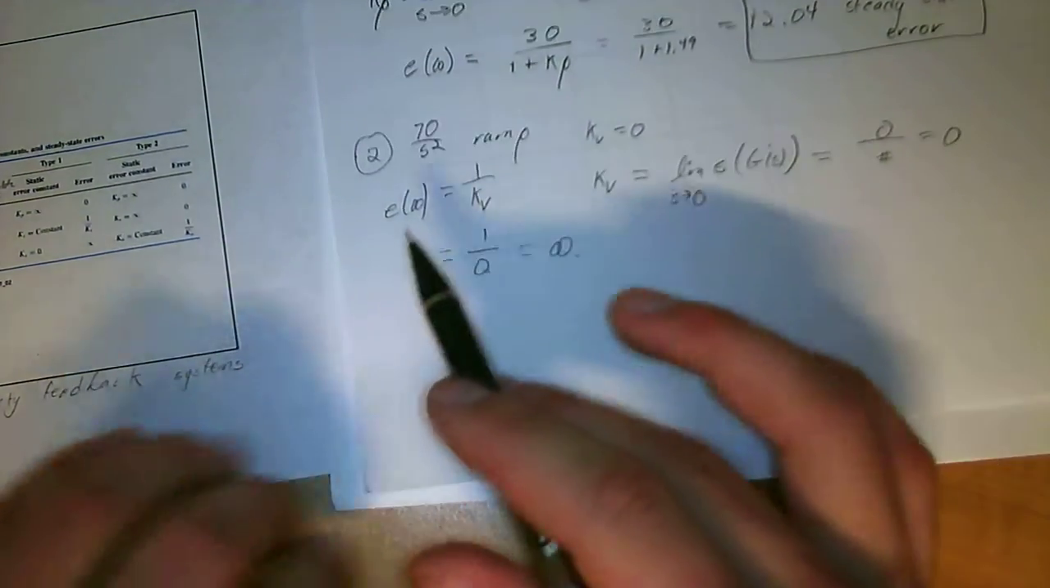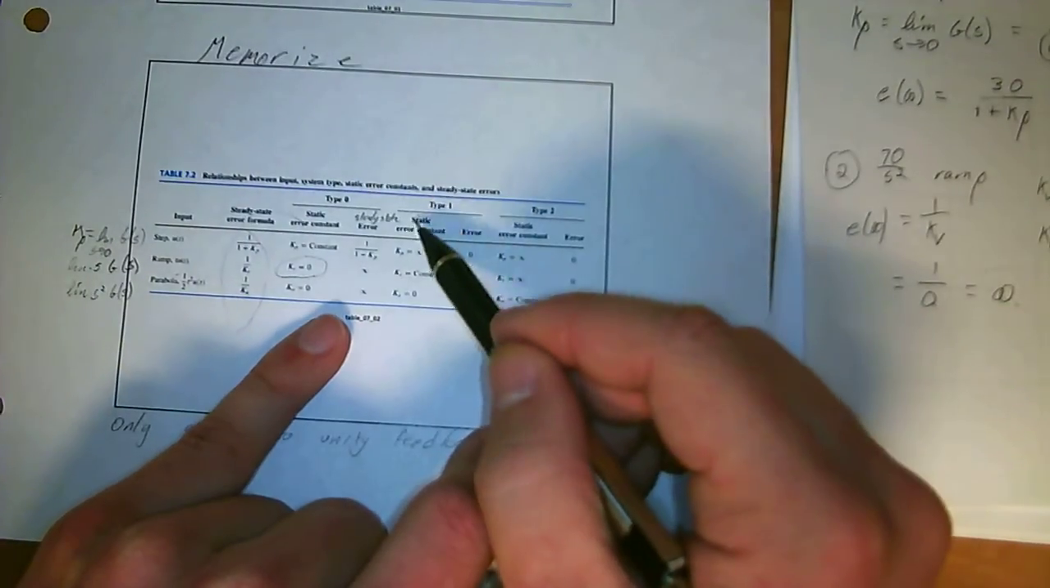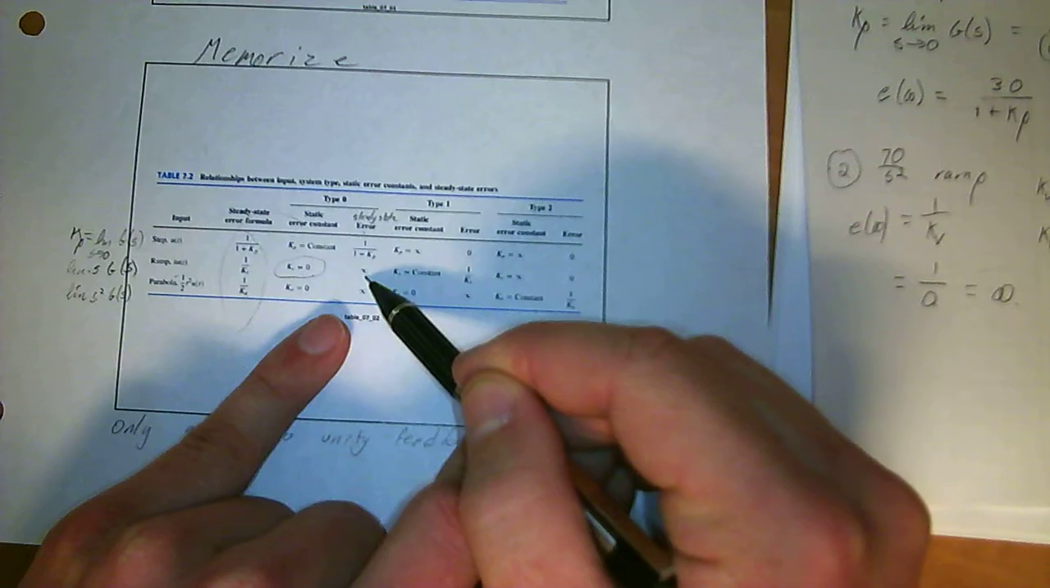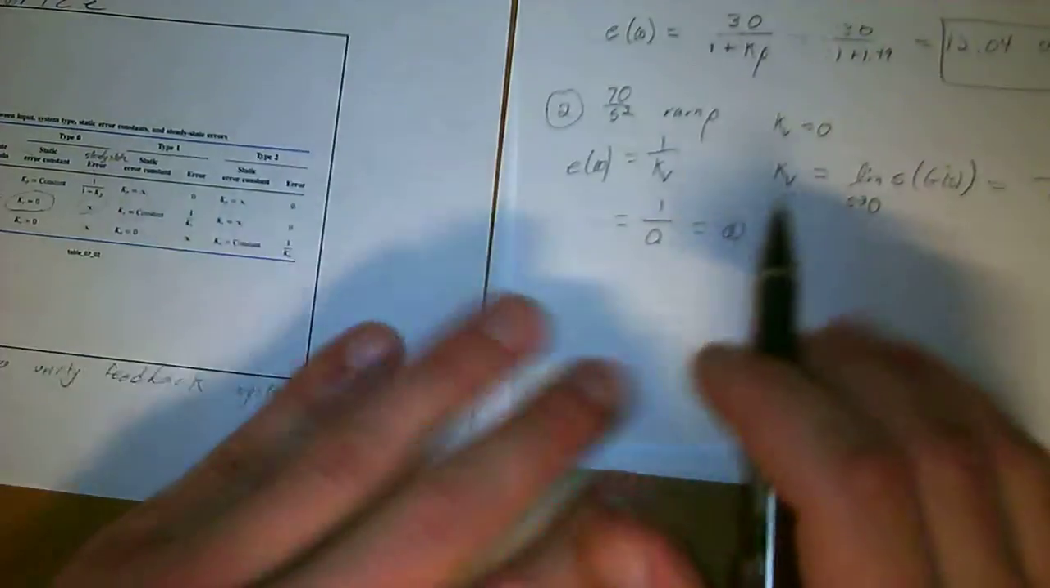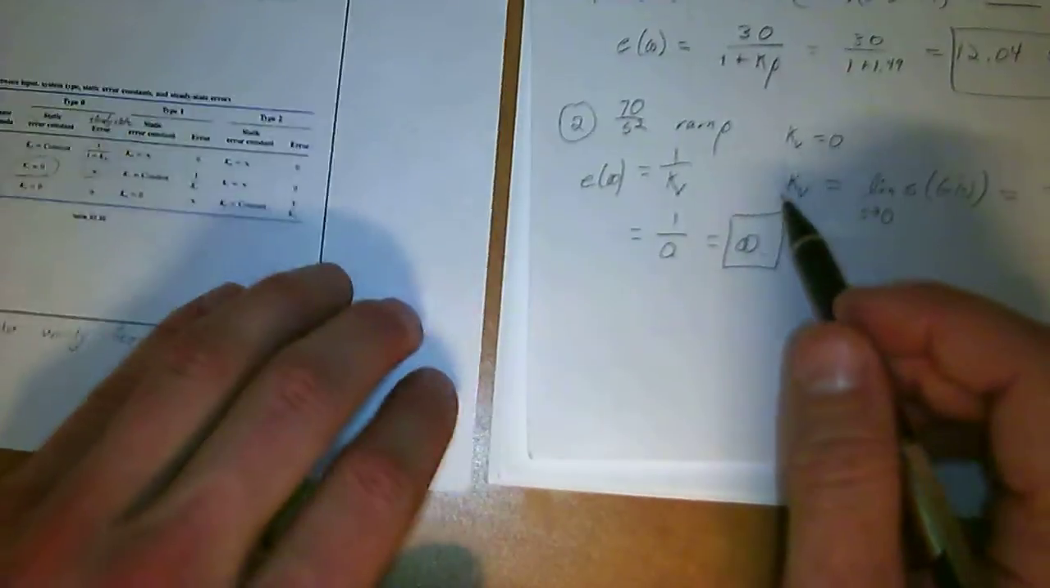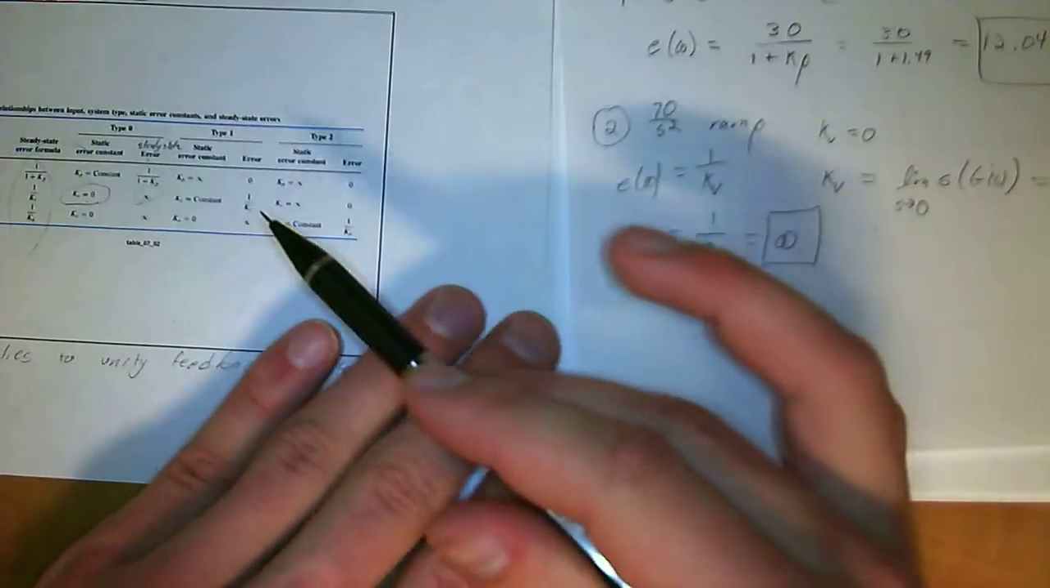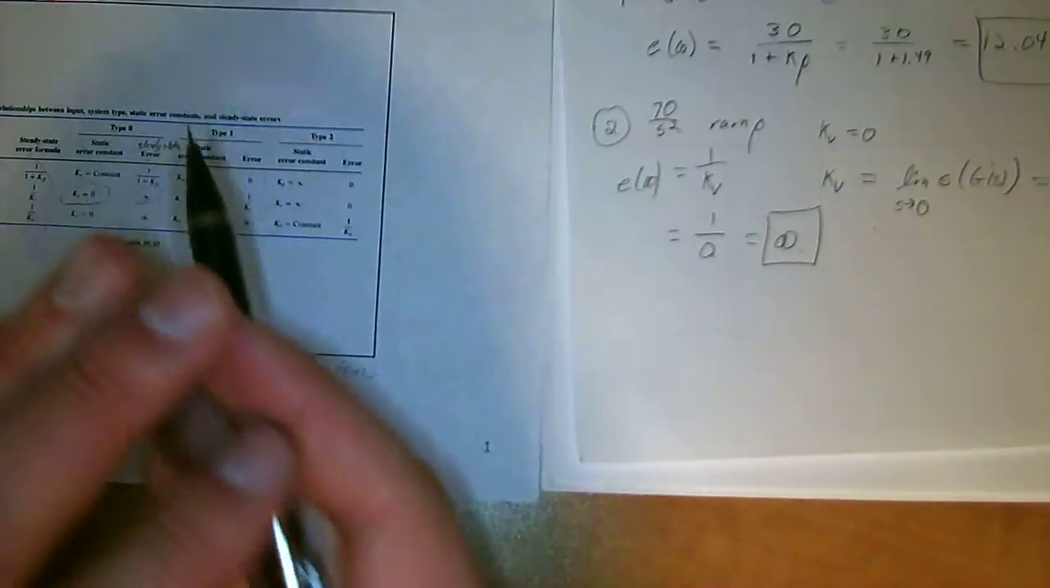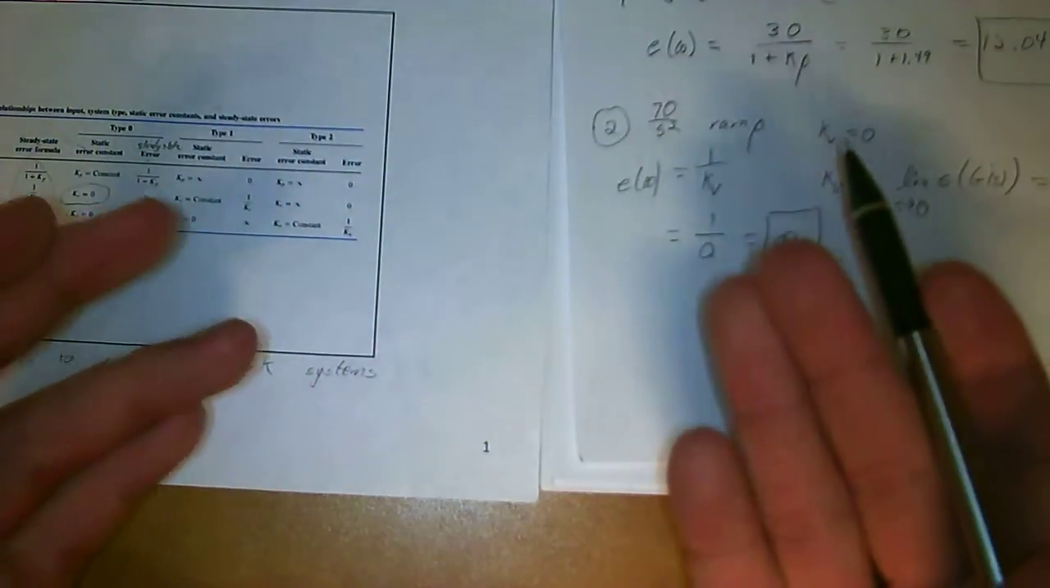So, and if we look at the table again, if you look at the error in this column, we have an error of infinity for a ramp input of a type 0 system, which is what we just got. So the table should match up with your calculations. If you memorize the table, then when you say, oh, ramp input,